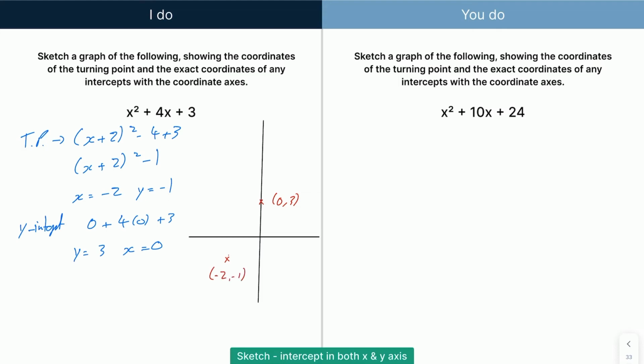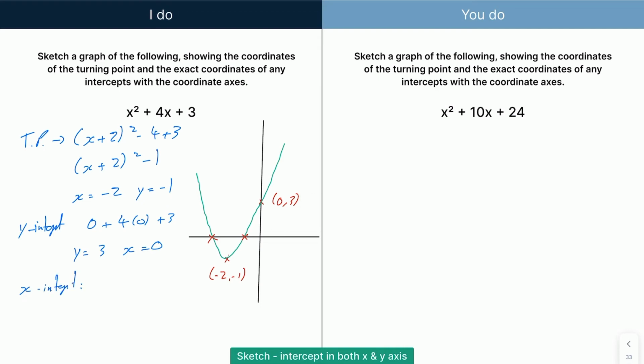Now you can straight away see that this graph is going to cross. I'm going to rub this line out, but just to give you a rough idea, you can see the graph looks something like this, and it is going to cross the x-axis there and there somewhere. We need the coordinates of that for this question, right? Just to show that we've actually drawn this. So because it's going to cross the x-axis, we can do the exact same thing. So we're going to say